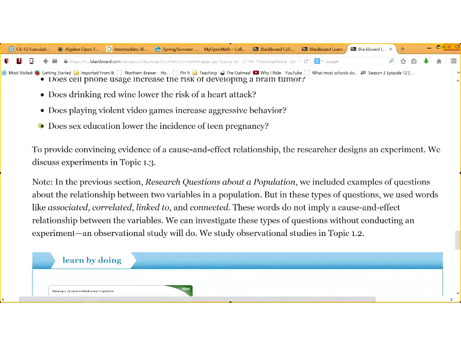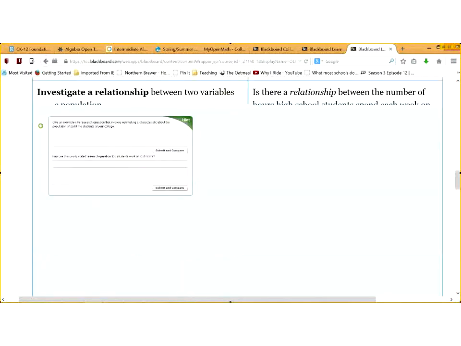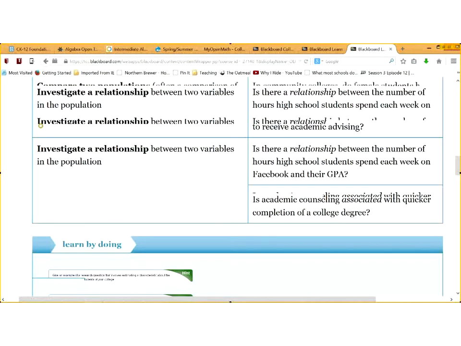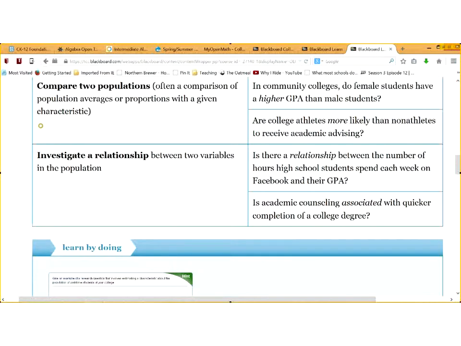All right, so let's go back up for a second. It looked like these questions where we investigated a relationship sound a little bit like cause and effect questions. Like, is there a relationship between the number of hours high school students spend each week on Facebook and their GPA? Well, it would be hard to do cause and effect,